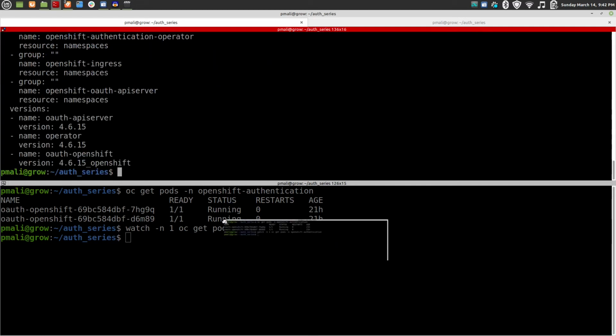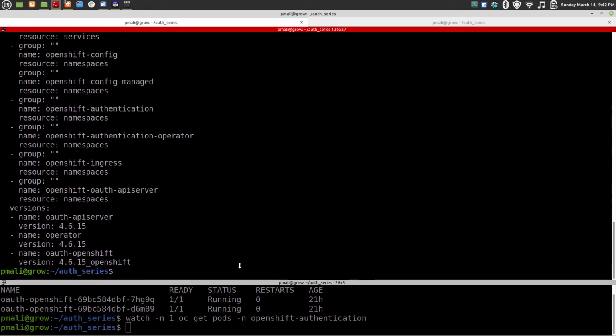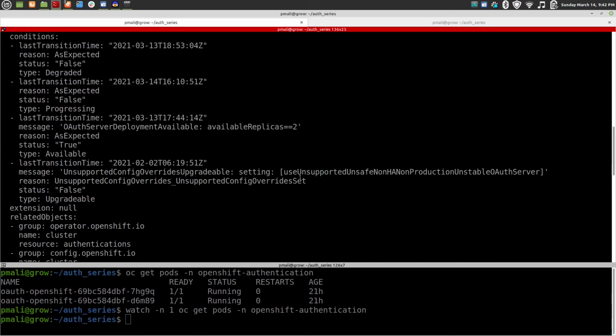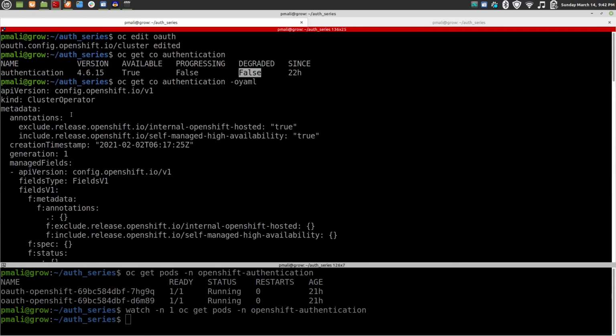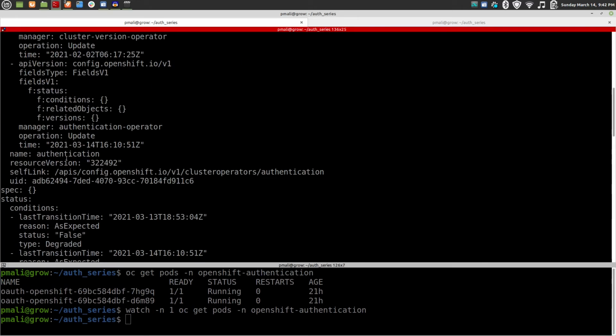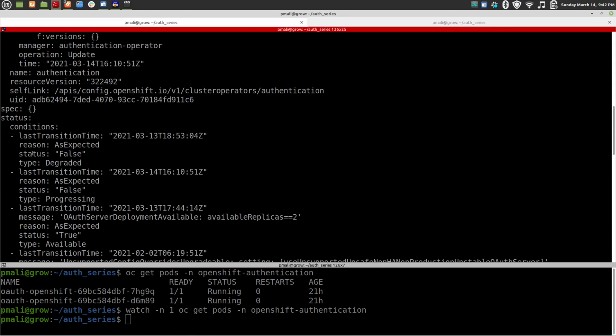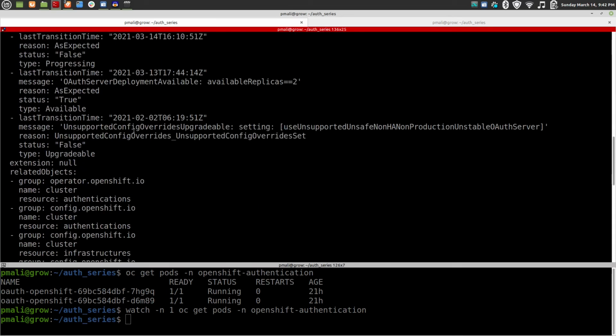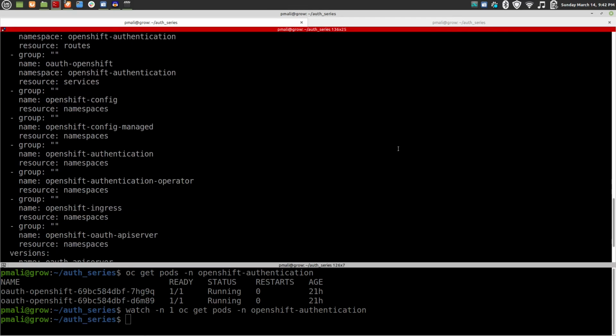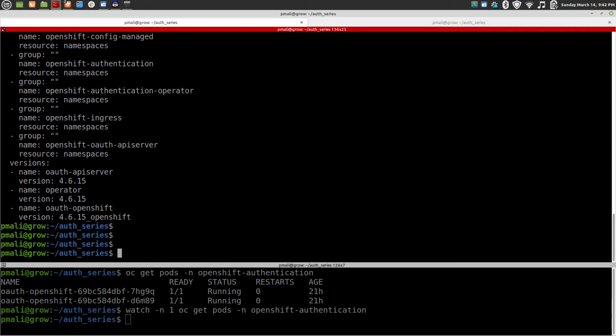Let me make it more visible. You can see the details here. Status is showing as expected, Degraded is False. If there is any error, you can see the error here. So this is how you can see the detailed information for the cluster authentication operator.